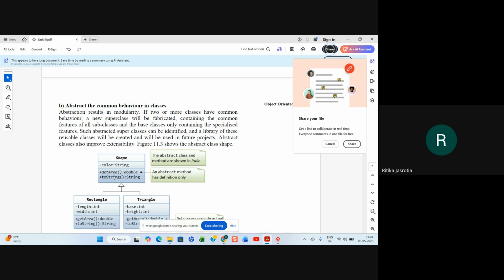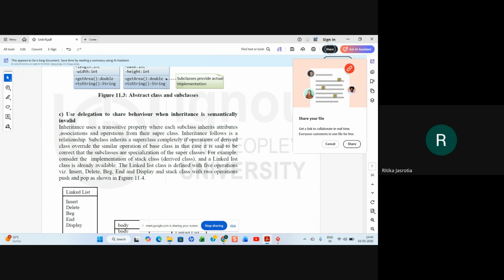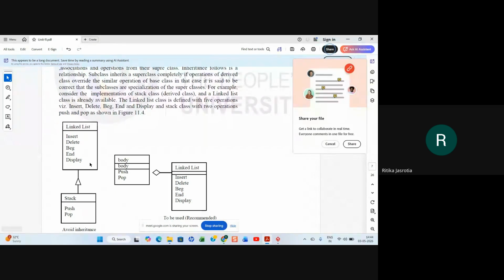The implementation of the functions will not be in the abstract class. The actual implementation will be in the specialized classes. And then, instead of inheritance, if you have some kind of generalization relationship, you have the inheritance you are doing in linked list and stack, but some operations of that parent class you do not need.